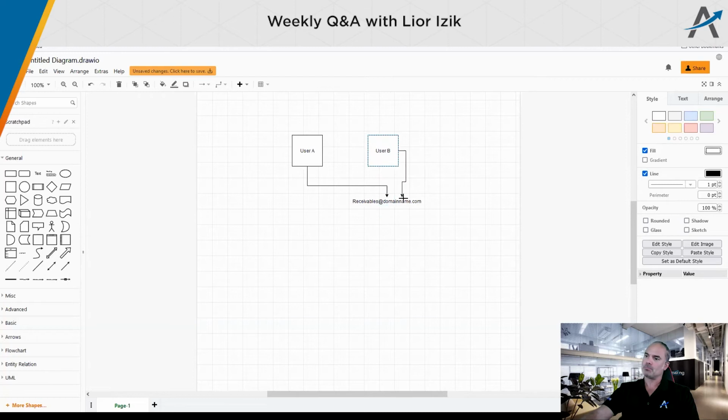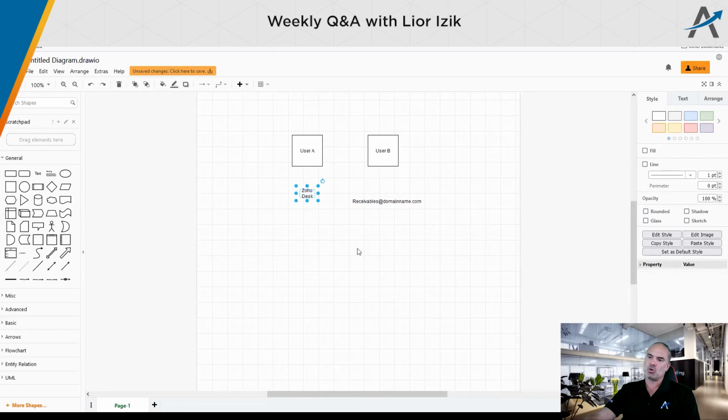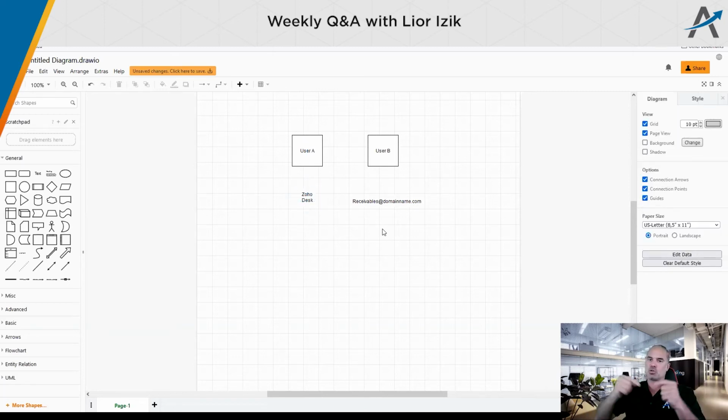If receivables is receiving an email, user A and user B receive a copy of it. I don't like this approach so much because it's overloading the system. People get too many emails. The previous approach with Zoho Desk is what we use internally. Emails go to Zoho Desk, someone picks up a ticket, and the other people will not see it anymore.